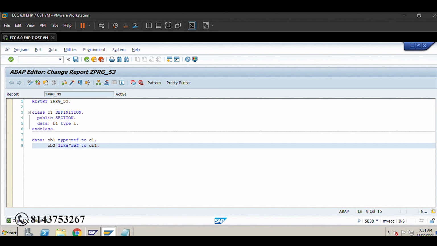If you are going to refer to a class directly, then we will use the keyword type reference to. If you are referring to an object, we will use like reference to, to refer from the existing object. Everyone got to understand, right?